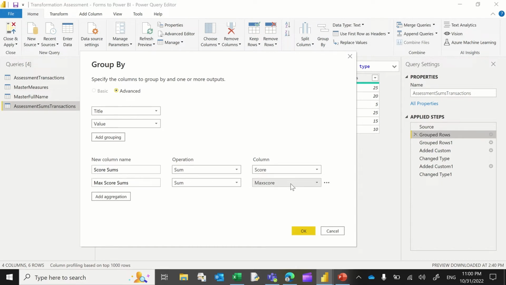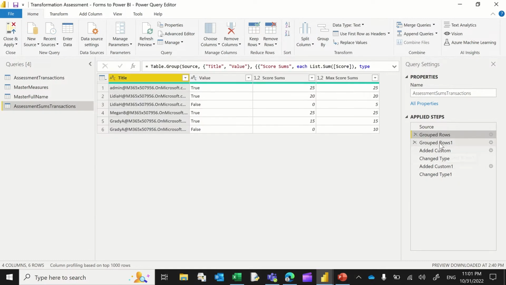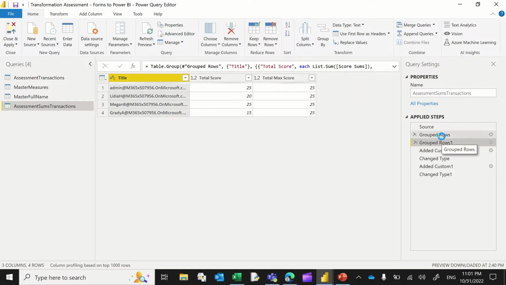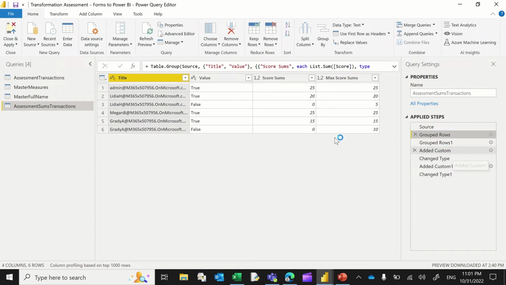So for each person, I want to know how much is their total for the 5 questions, and I want to know the maximum possible per person, which is 25, because there are only 5 questions and it is 5 points per question, right? So I do that. Then what I do is once I do this grouped rows, then I'm further going to add this up by